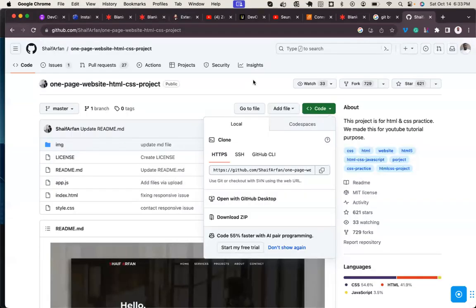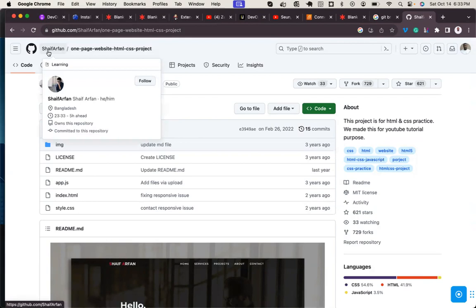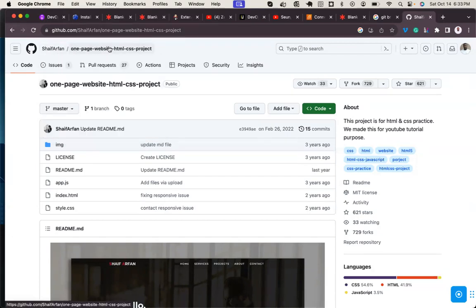Now look at this. The main repository is this one, the one-page website HTML, CSS project. This is the organization name, Shaifa Afan is the organization name. This is a repository name.